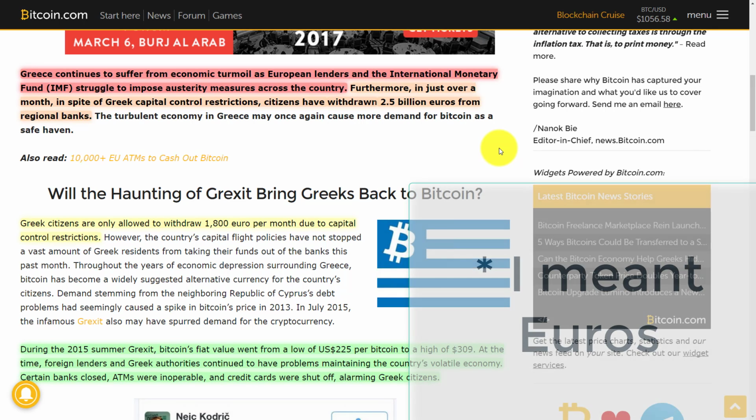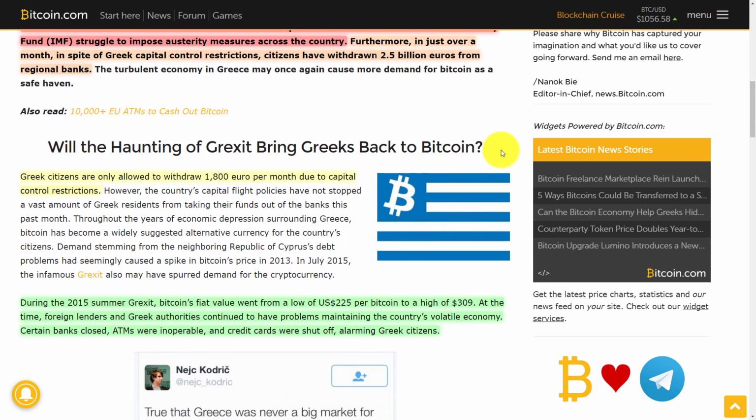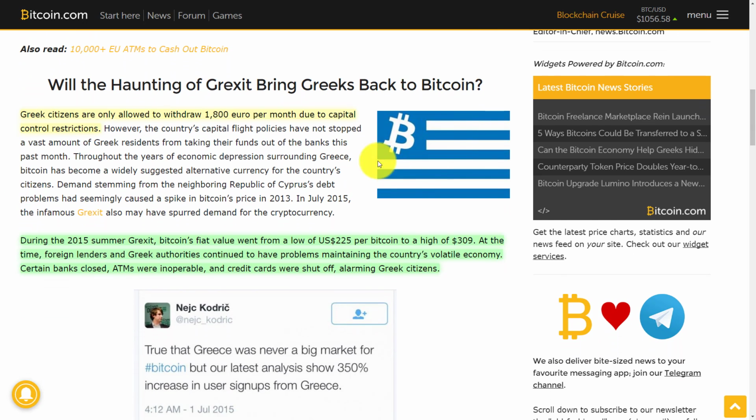And that 2.5 billion is abnormally high. I personally wasn't able to find anything to compare it to, so I'm not prepared to be shocked by that without any context. But moving on to the yellow bit here. It says that Greek citizens are only allowed to withdraw 1,800 euros per month due to these capital controls and